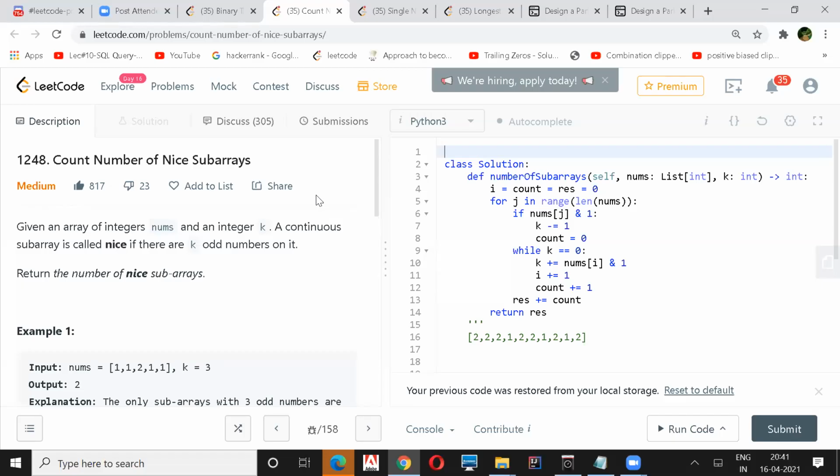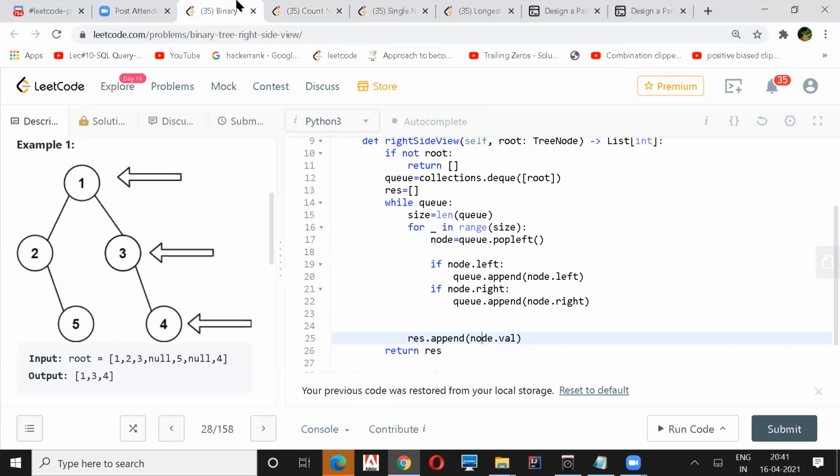I have a question. Why are we processing the left tree when we just need the right-sided view? We can just go right, right, right also, right? Yeah, but as I said, in this example, 1, 2, 3, 4, 5, if we did not have a 4, but still we wanted 5, then even if I go to 3, I still need to go to one's left, which is 2, in order to get 5, isn't it? If 4 is not there, how will you find it without visiting the left child, right?